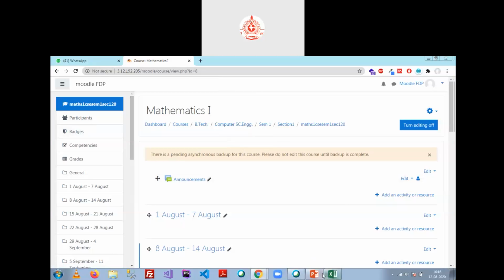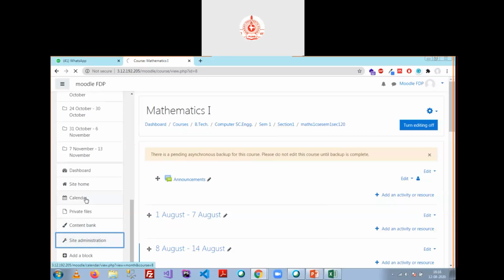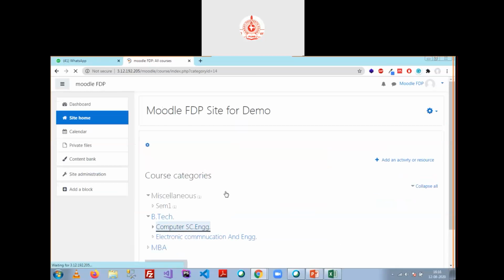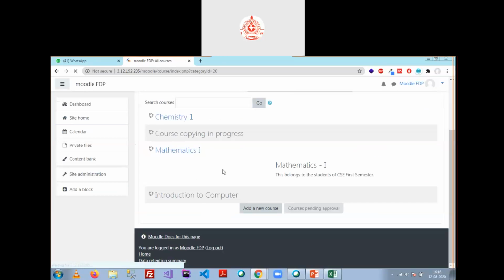Suppose there is one course. Site home. Navigate to the other course, the introduction to computer, that is not visible to all participants.